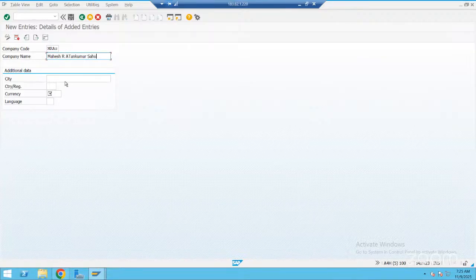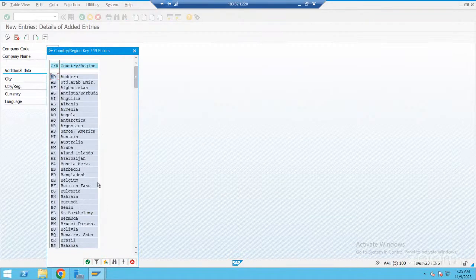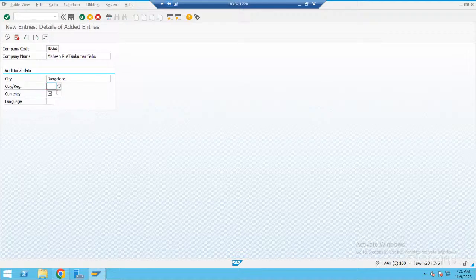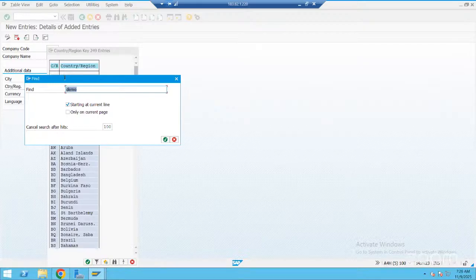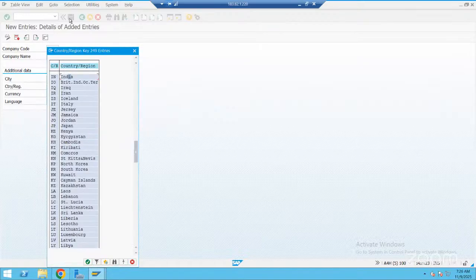Okay, I'll give the city here as Bangalore. Reason here is... I'll click on save here.